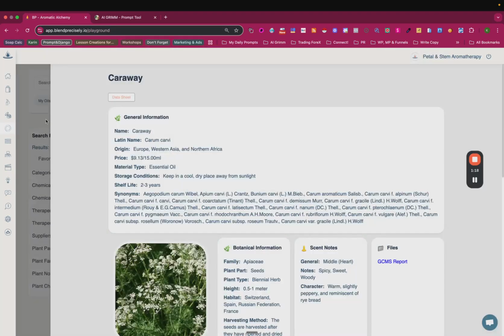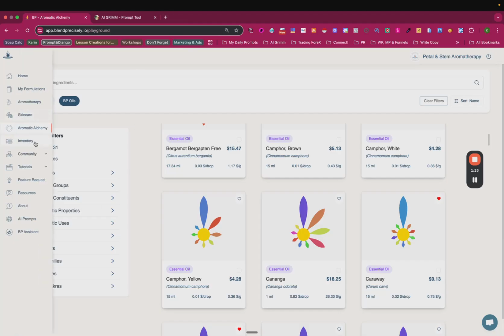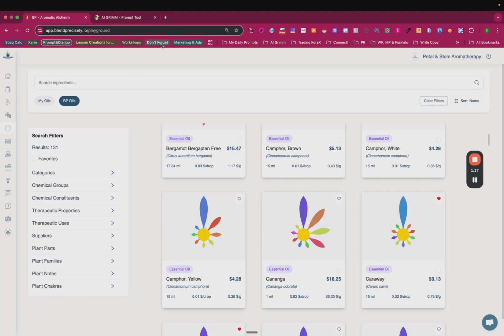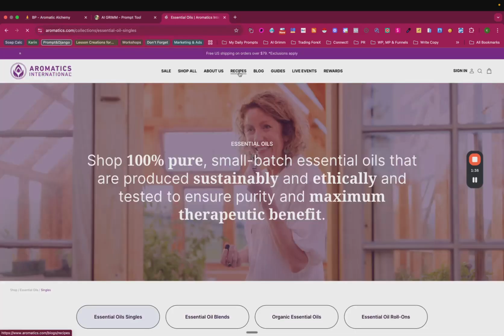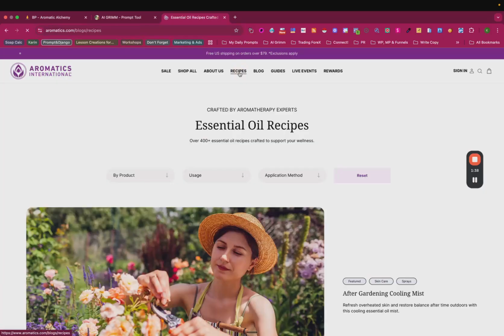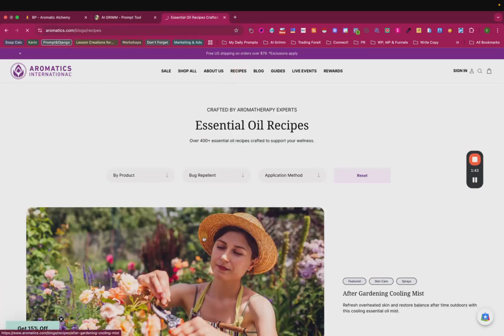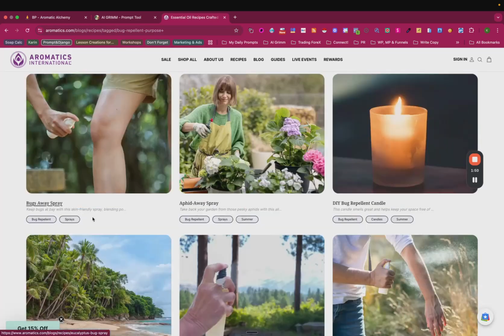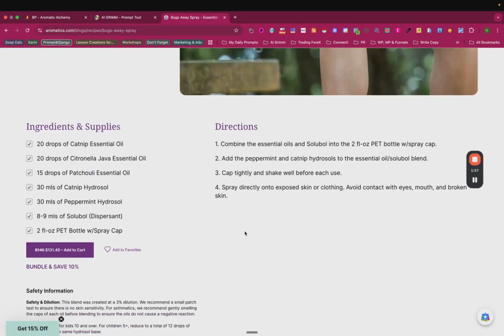Today, if I wanted to create a recipe, what I normally do is, if I have a recipe in here, perfect, I take it and use it in my own database. But if I'm looking for something new, let's say aromatics, recipes, and then I go to usage. Let's do a mosquito one today, bug repellent. Let's just go to the first one here, the bug away spray. I normally don't use the spray so much because you have to do it quite often,